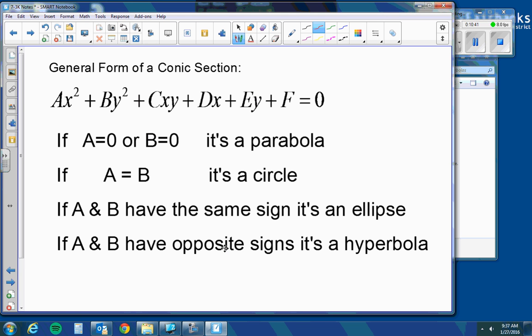All right. These rules, remember this. If you had just x squared, you know it's a parabola. If these coefficients are the same, that's a circle. And then the other rules: if they're the same sign, but not the same coefficient, it's an ellipse; if they're opposite sign,